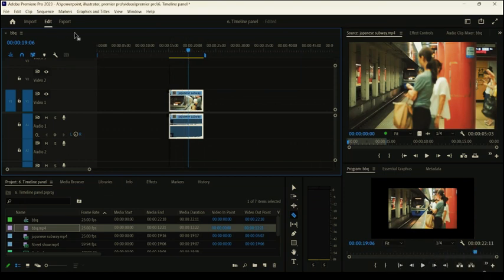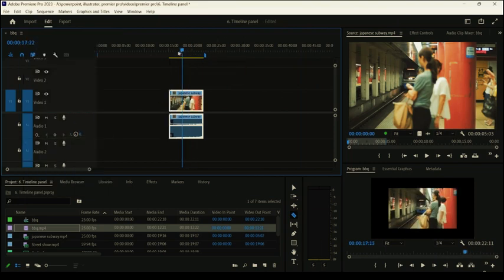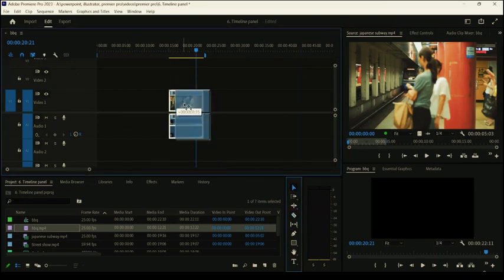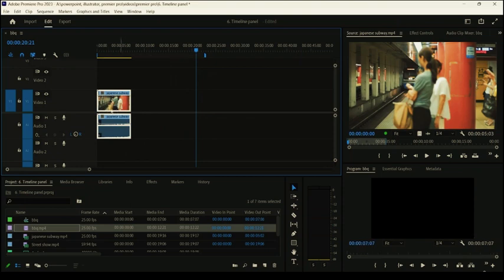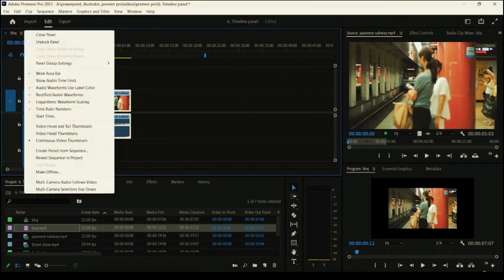Now, let's say that we go back over here and select the continuous video thumbnails. What this will do is basically, if I had a longer video, it will show me what the video over here is like. Okay, it will show a continuous effect of what my video is and give me a preview. All right. Next, we have our option to